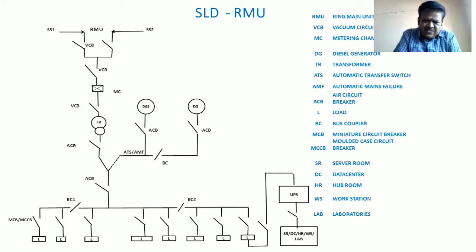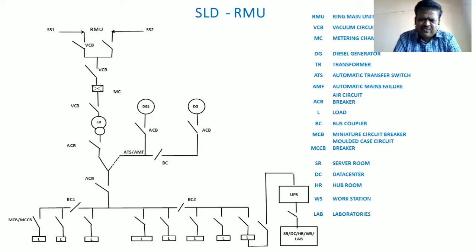I would like to explain this. What is this single line diagram? Before that, why is it called a single line diagram? In previous videos, I clearly told you that the electrical power you are getting to your building is three phase 415 volts. In three phase, you know that a minimum of three phases or three lines are required. That is R phase, Y phase, B phase, plus a neutral, which makes four. Again, there is grounding, earthing, including all of these things. So there are many different wires.